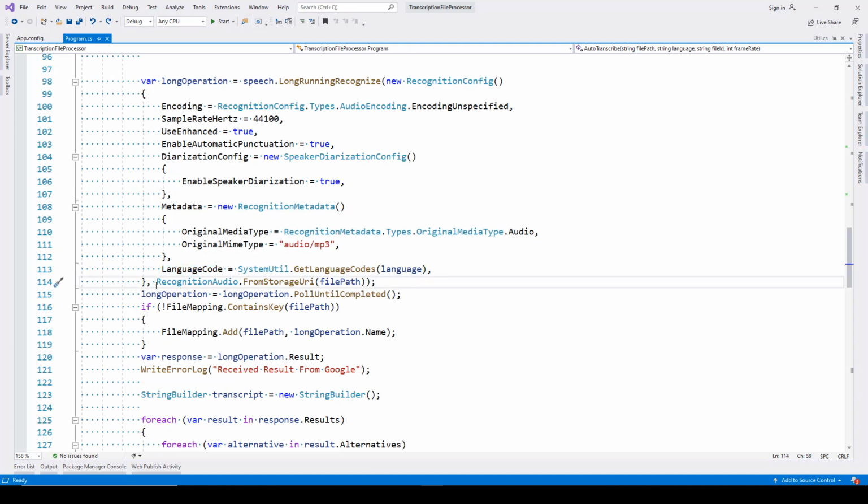And then you can see this line over here which says RecognitionAudio.FromStorageUri. So we are passing the Google storage URI over here. And finally, this is the longOperation.PollUntilCompleted. This is a process which will keep on running, and once the transcription is completed 100%, then you will come over here, response equals longOperation.Result. Now this is something which I've done at my end to keep a map of the file path and the long operation name, so that I can process multiple files,